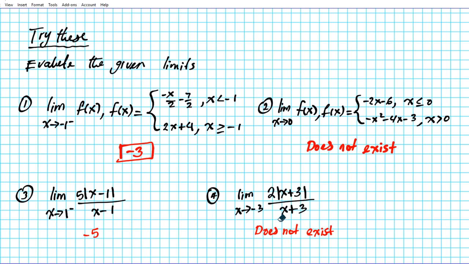In this part, number 4, you actually have to do left and right hand limits since the direction is